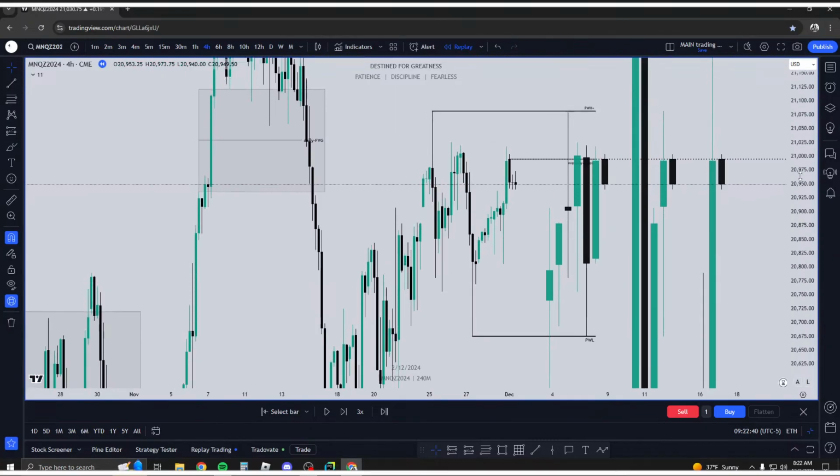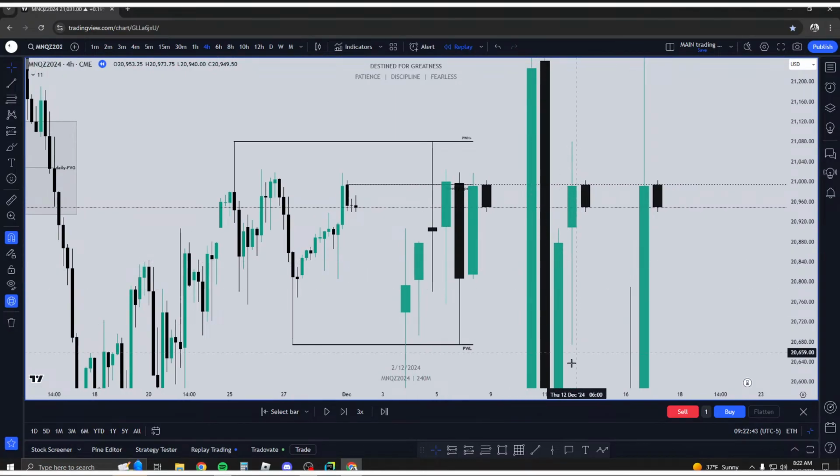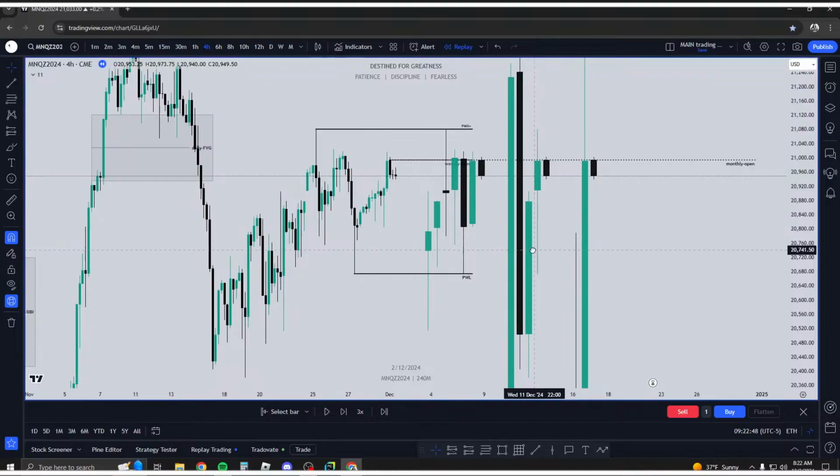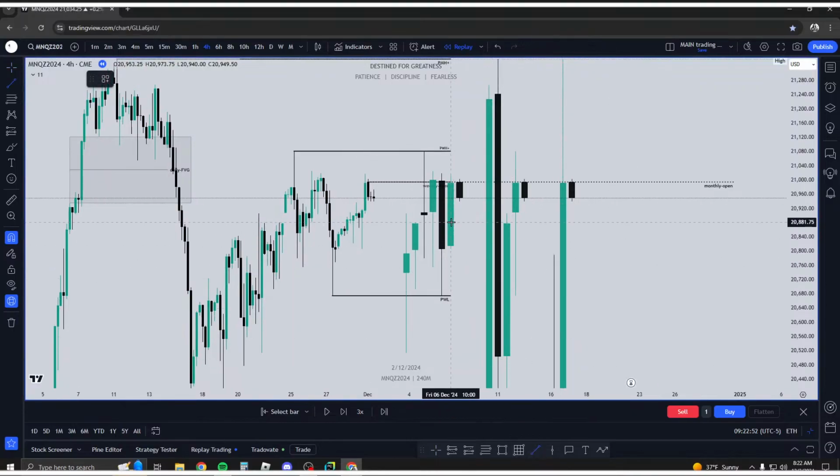Well, first things first is notice how we closed. As a little bit of a better picture here, notice how we closed here on this daily time frame. So based on that daily time frame, what can you anticipate prices to do next, right? Can you anticipate prices to take out